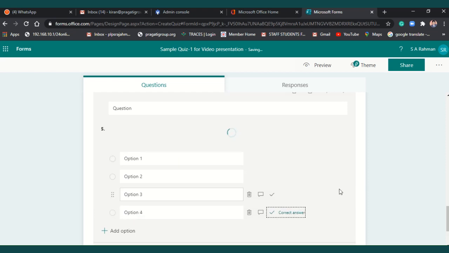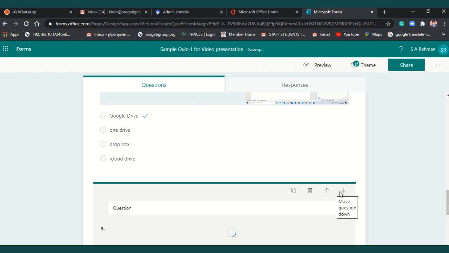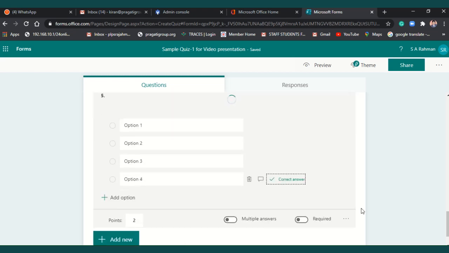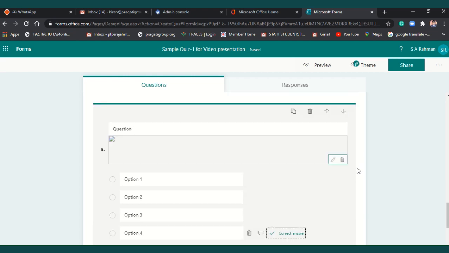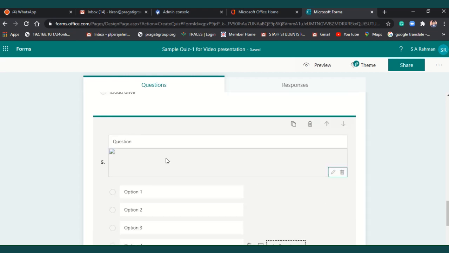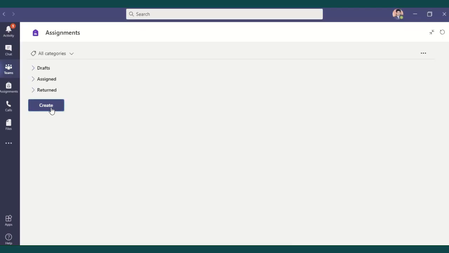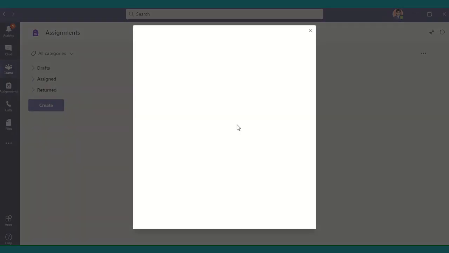And I selected option 4 as the correct one. I don't know actually what the question is; I only selected it as a sample. So this uploaded quiz will be reflected. Okay, the image is not showing either, but that will be shown in the question paper. Don't worry. That uploaded quiz will be created.